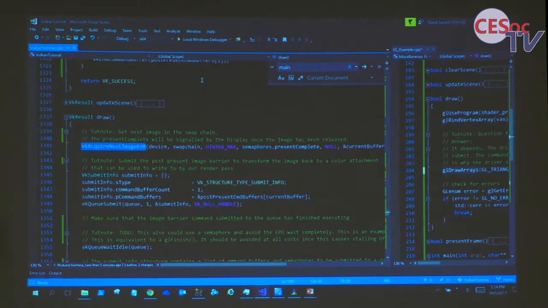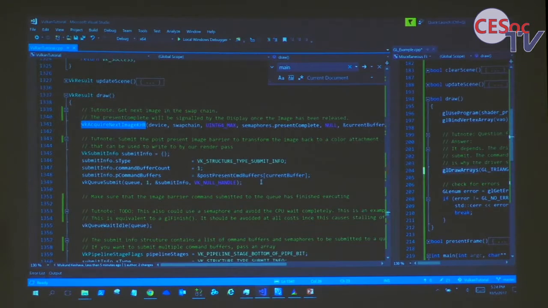So acquire image is something where you have 3 images, or n buffers, you're rendering into. Before you can actually start rendering, you need to get this image, and before you can submit, you need to specify all the command buffers. Again, as the to-do mentions, this is just so that the image barrier is complete. Of course, you can do it with a semaphore. I've just